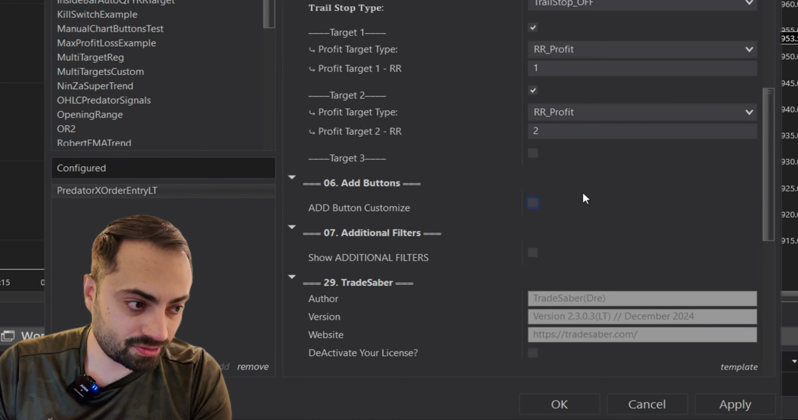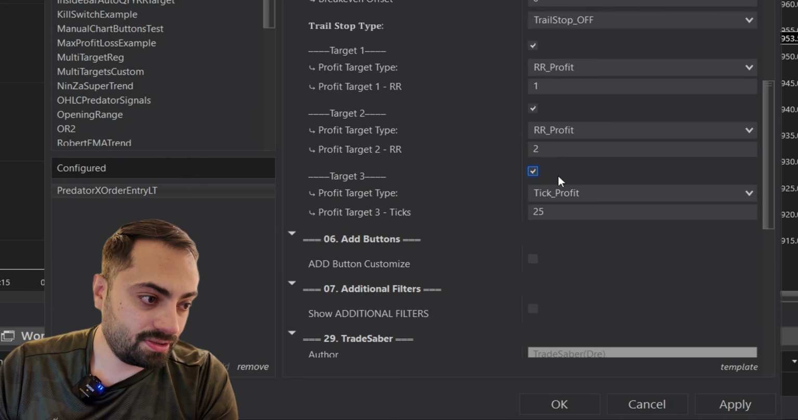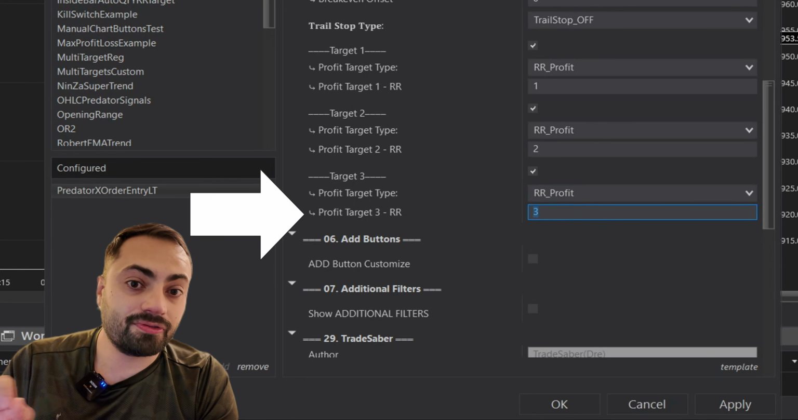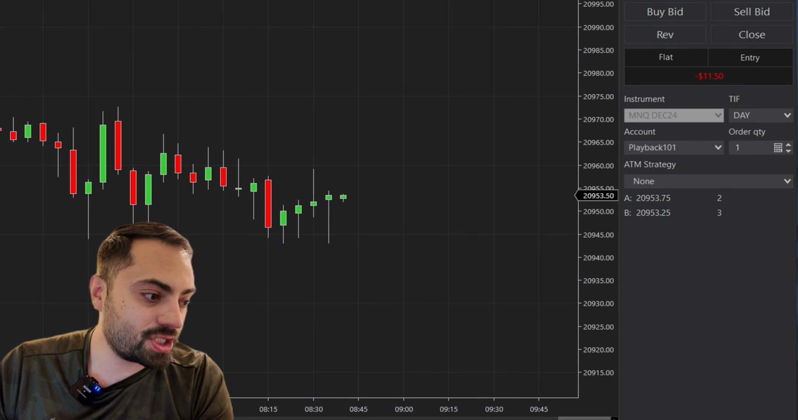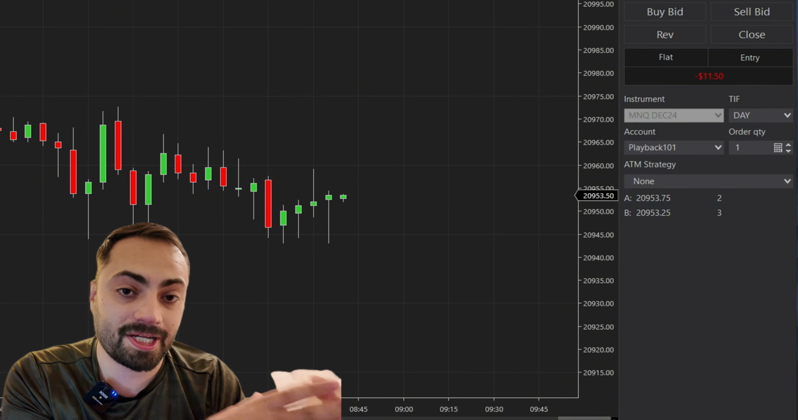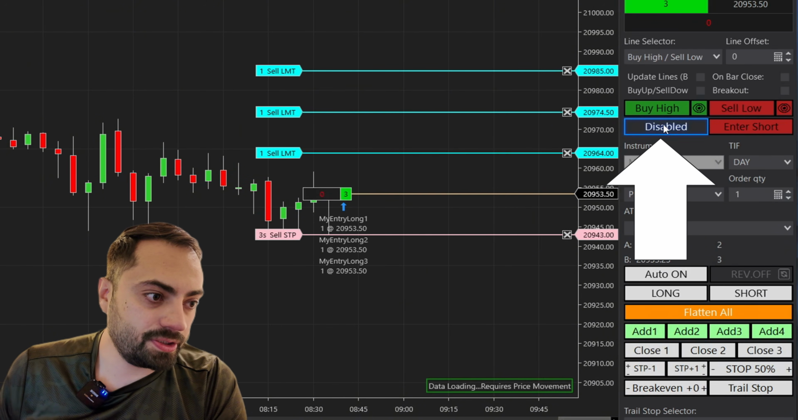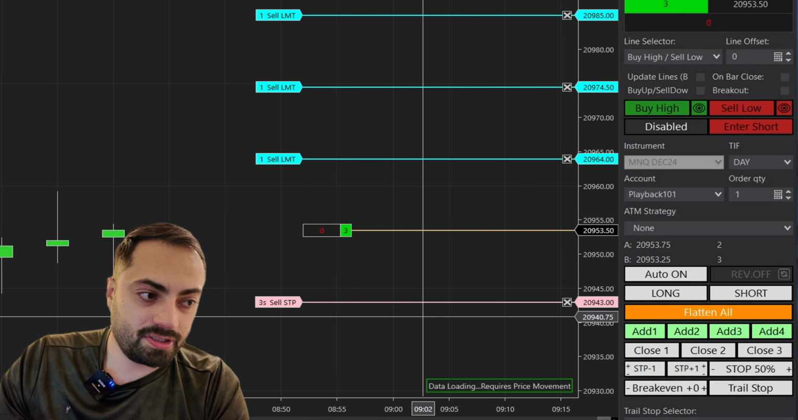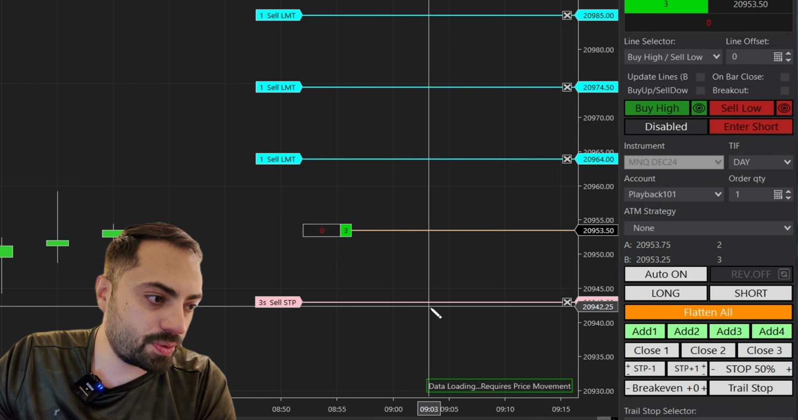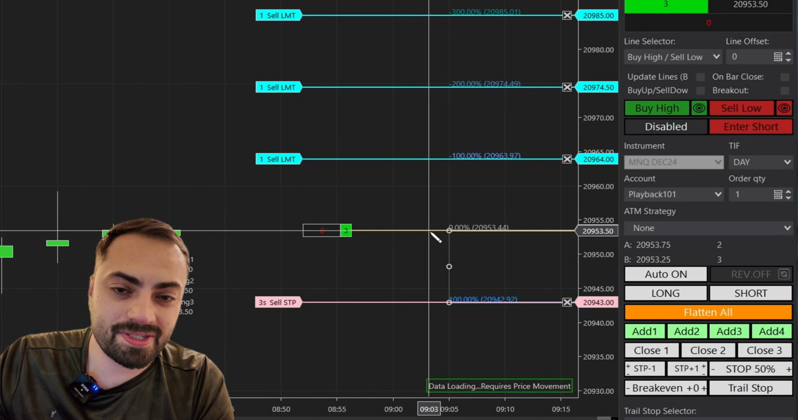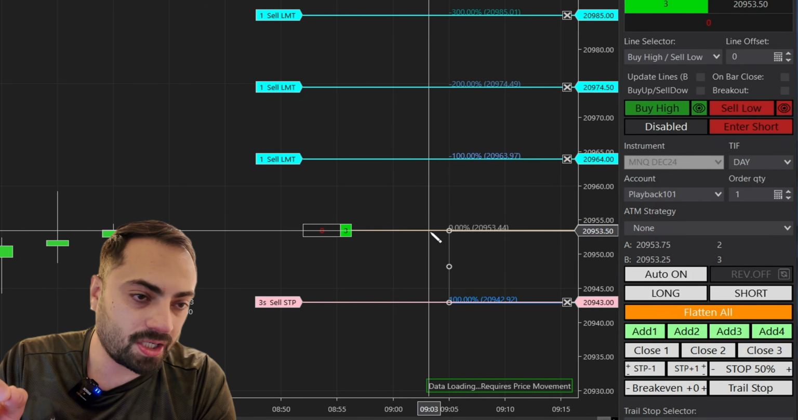Next, I'm going to add target number 3. And again, RR profit with a value of 3. And this is just going to help us get a visual of how this profit target type works. So I'm going to enter long. And from here, we have our entry, stops, and profit targets. And I'm just going to use this modified fib tool just so we can see the distances between our profit